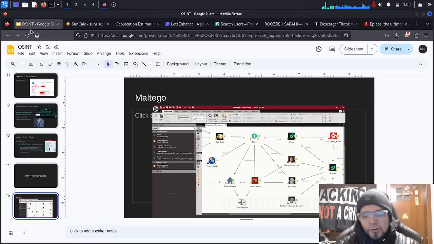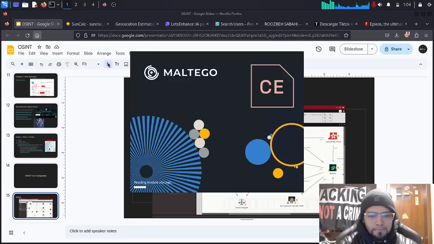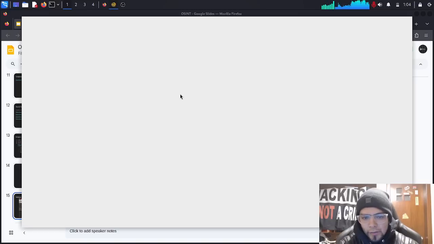You just sudo apt install Maltego and you have Maltego. You create a free account and you use the Maltego Community Edition. Okay, yeah, this is Maltego. This is very useful because in Maltego you have a graph with relations. Also you can execute OSINT on the infrastructure from an IP address, or